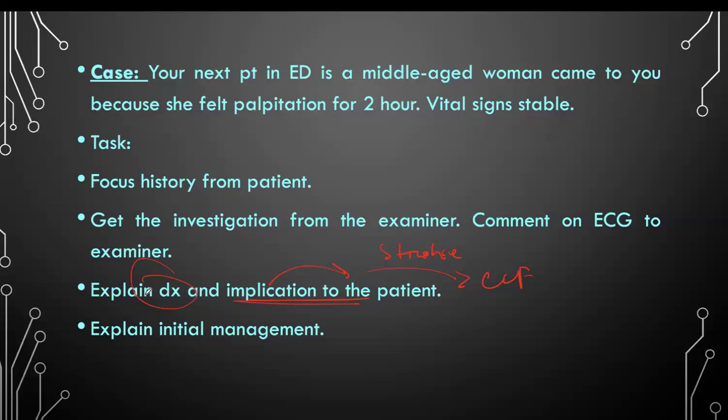When it beats chaotically like that, it can increase the risk of clot formation, and a small clot can dislodge from the heart and block the brain artery, causing a stroke. Because it makes your heart weaker, it can also lead to heart failure as a complication, which means your heart will not be able to pump enough blood to the body.